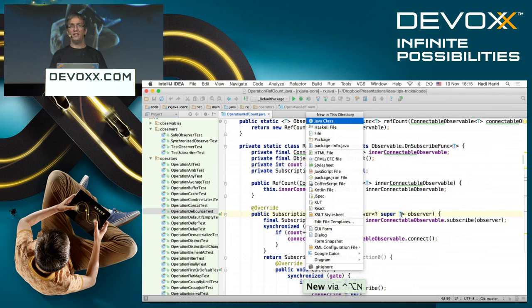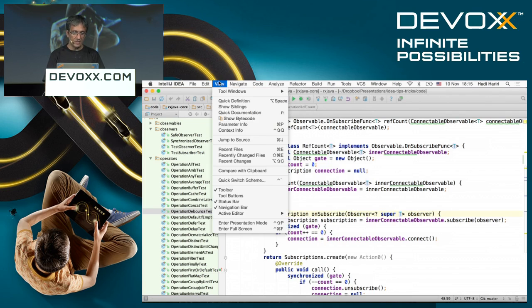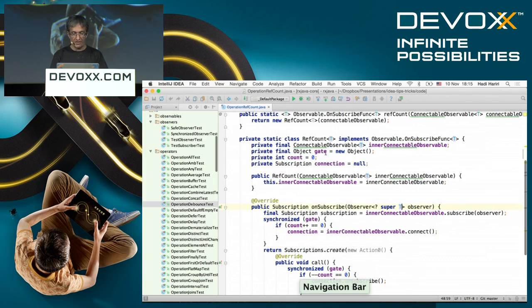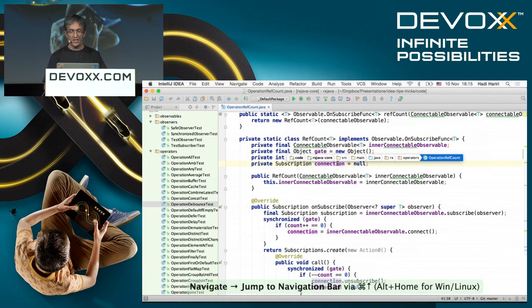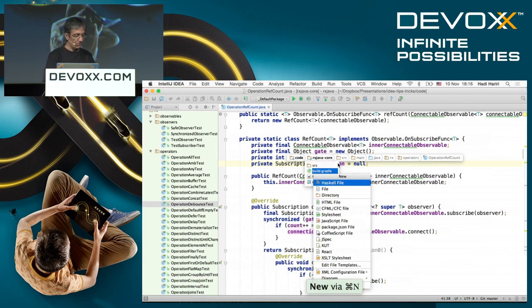If it doesn't work with Command N, you do Control Alt N. So on the project window is Command N, on the navigation bar is Command N, everywhere else is Control Alt N. Okay? So here I can create all of these things. Now this thing over here takes up a lot of space, and the best thing you can do with that is switch it off. If you ever want it, you can just bring it up by pressing the Alt left arrow. Okay, and there you can just navigate through it, and again press Command N and do whatever you want from there. Okay, so hide that.